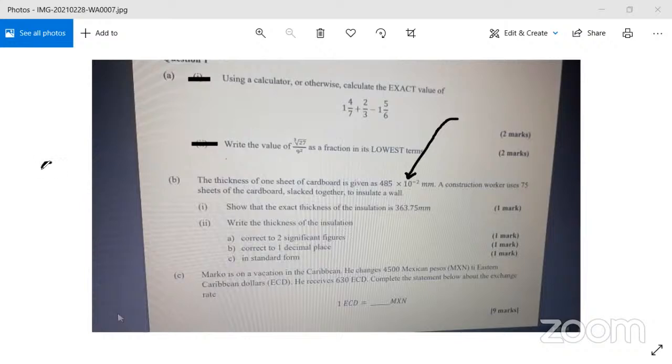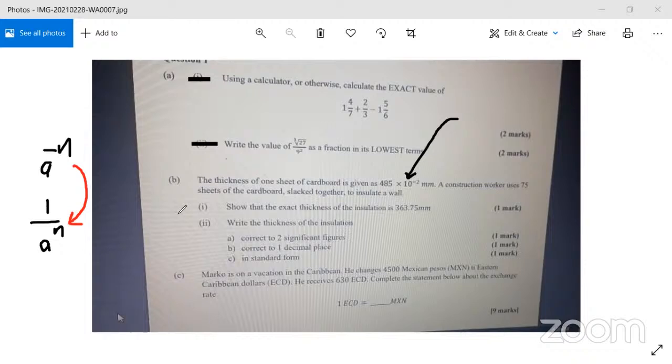Because if you remember a to the minus n is the same as 1 over a to the n, right? That is something that we must remember. We must remember that a to the minus n is the same as 1 over a to the n. And of course, that means this is 1 over 10 to the 2, and 10 to the 2 is 100,